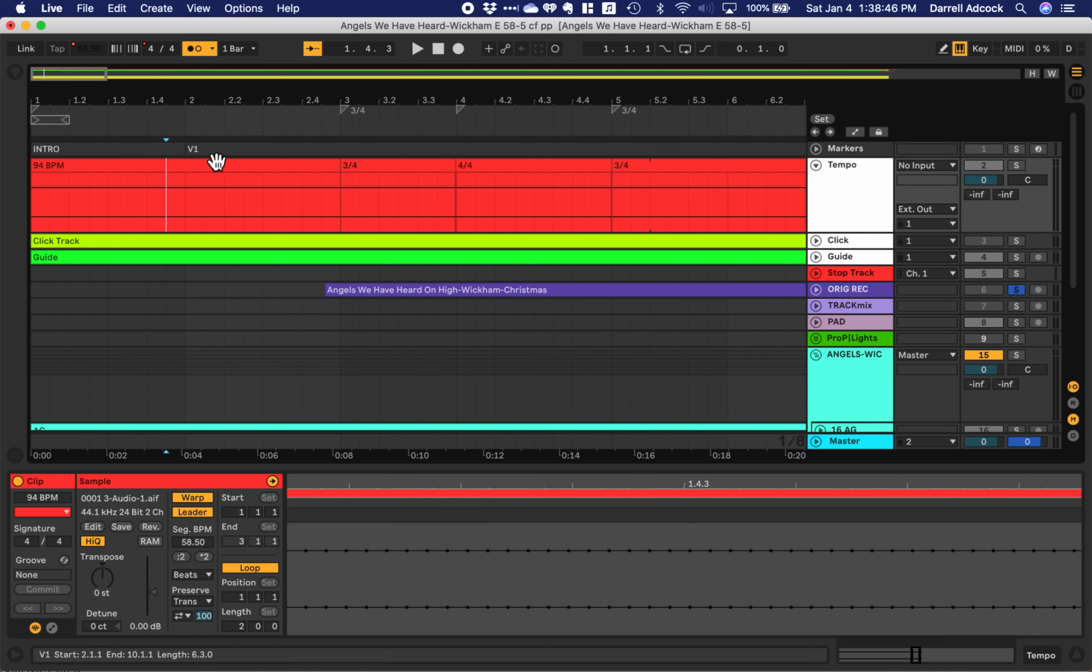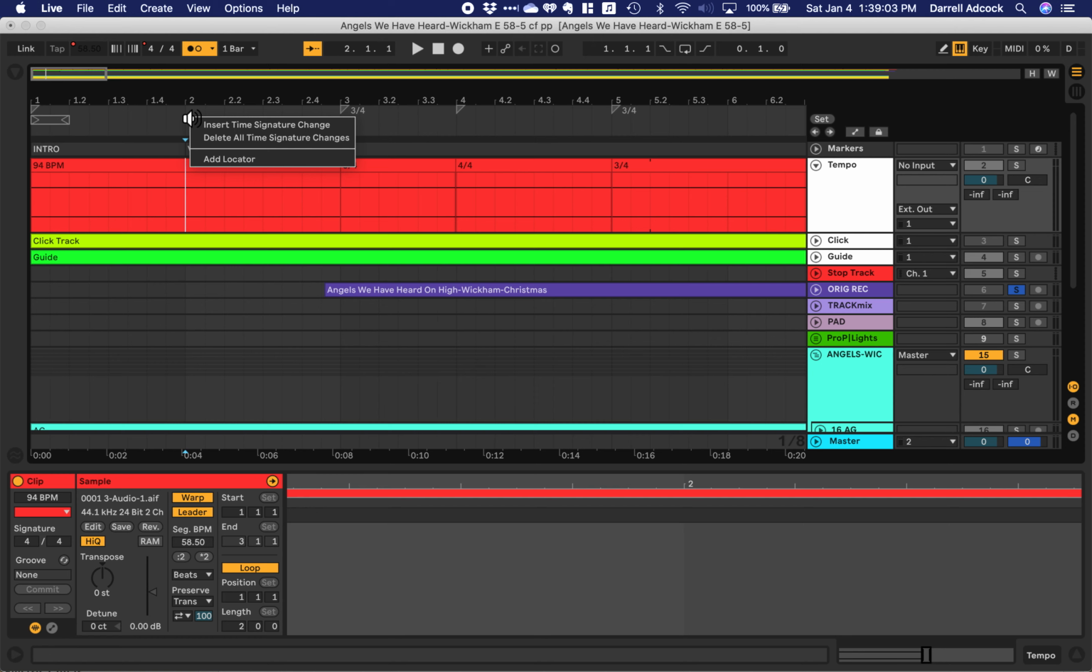But this way, this gives me a label then through the whole song. Then I can come in and let's say I had split it here. I can right click and insert a time signature change. The other way to do that,